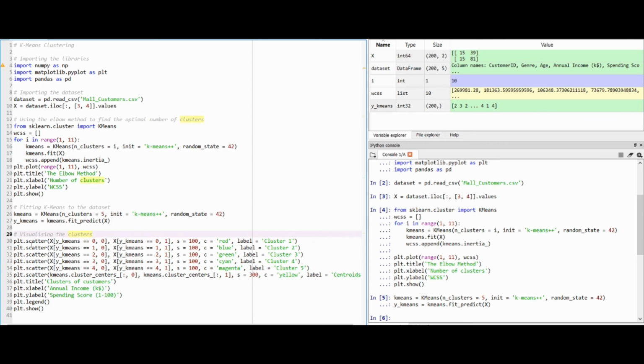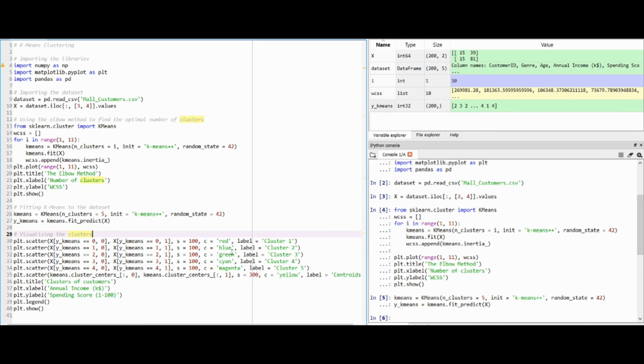For this we are using plt.scatter, and in this our x-axis is X[y_kmeans == 0, 0], which means the first cluster and the first column of the feature matrix X. Similarly, X in square brackets, y_kmeans equal to 0, first cluster, comma 1, which means the second column of the feature matrix X. Then s equal to the size of dots which we are plotting, equal to 100. c is equal to color, which is red, and label equal to Cluster 1.